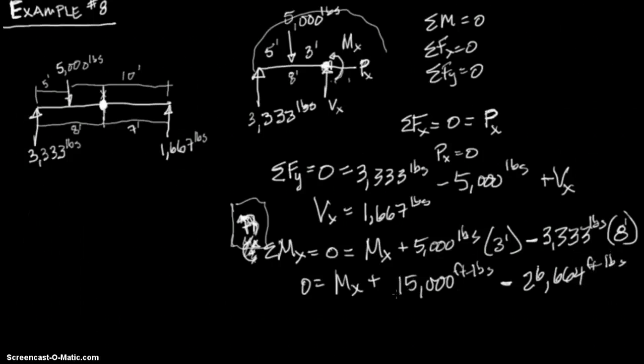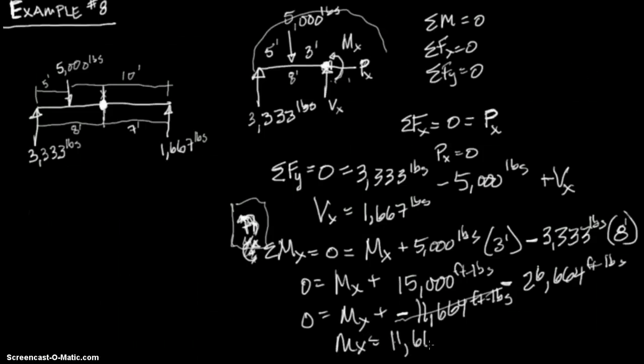And then we simplify here. Negative 26,664, 1,500. You're going to get plus a negative 11,664 foot-pounds. Then you flip this over here, and you'll get Mx equals a positive 11,664